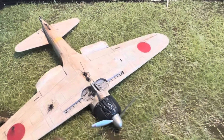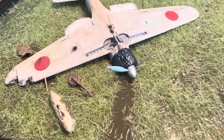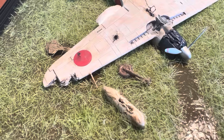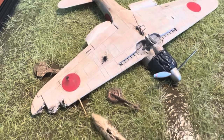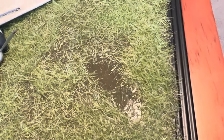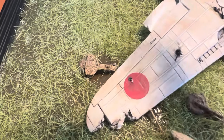Well, I've added a few things here and I'm almost done. I put the wheels and drop tank where they should be, added a little more detail to this wing edge. I used my acrylic varnish to make the bog look more organic and boggier, not just in the big portions,